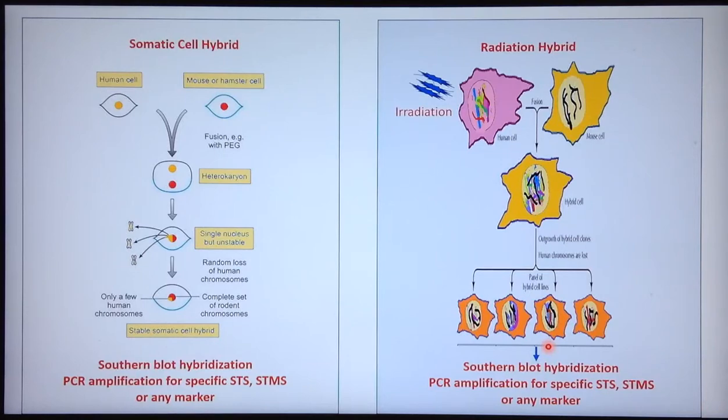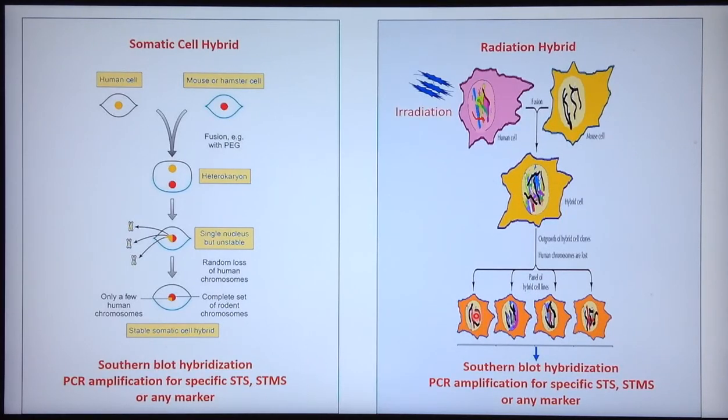And David Cox adapted the same principle to develop radiation hybrid mapping, in which human cells were strongly irradiated and then fused to a rodent cell line using standard somatic cell hybridization techniques. So approximately 100 hybrid cell lines would contain the whole human genome arranged as random fragments which overlapped each other. If two genes are very adjacent to each other, it is very likely that they would be carried on the same fragment.